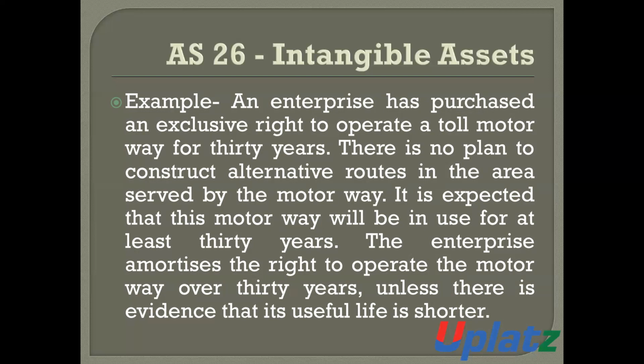Then the enterprise amortizes the right to operate the motorway over 30 years, unless there is evidence that its useful life is shorter. If there is any evidence by which we can identify that the life of this intangible asset is shorter,